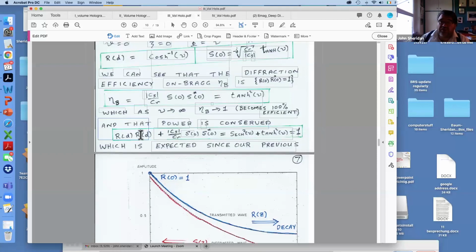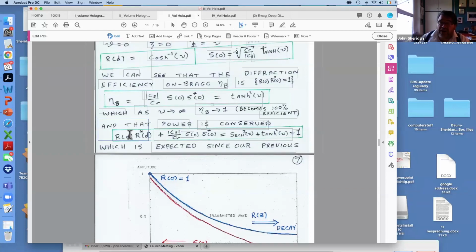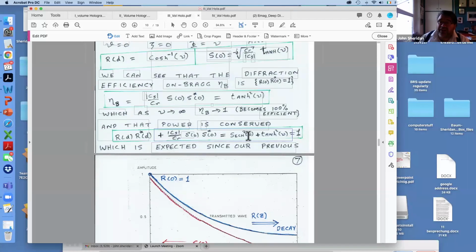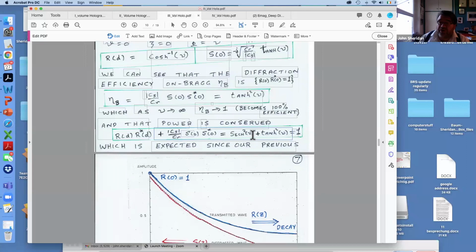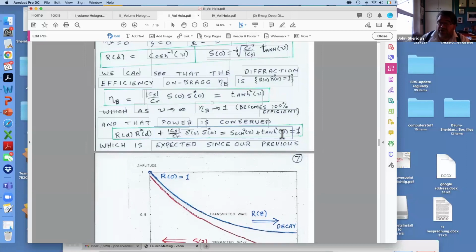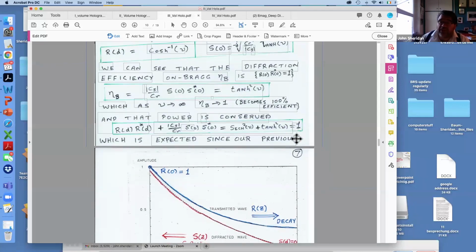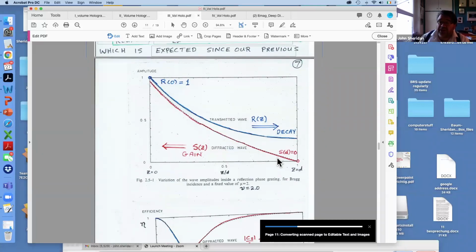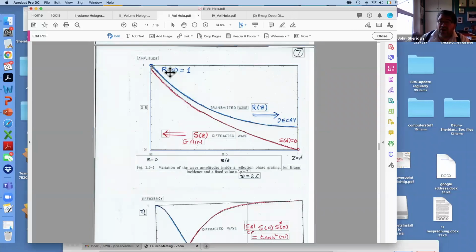And power conserved is given by this. So again, we have our input power, and we have this factor here in front of these, and that's going to give us sec squared of the grating strength plus tan squared of the grating strength is going to be equal to 1. And if we go and actually plot these things as functions of depth, so this is z equals 0, and at z equals 0, R is equal to 1, the blue line,